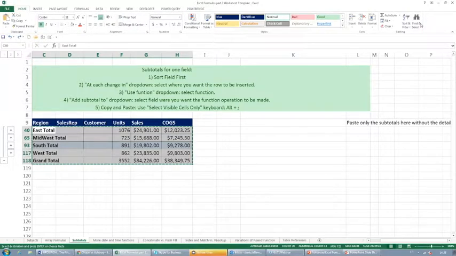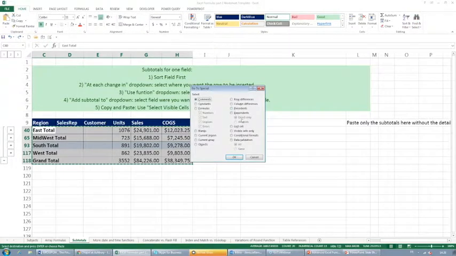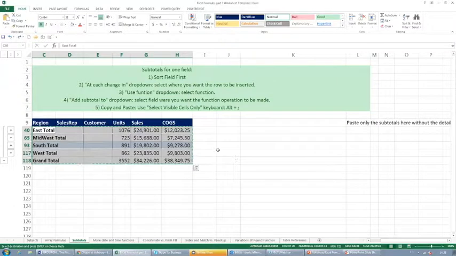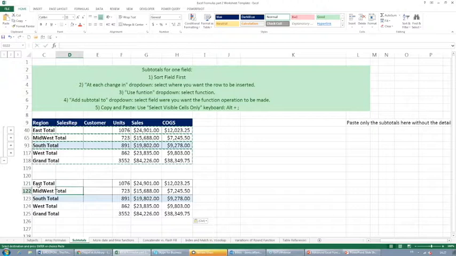on the home tab and do find and select and go to special. And then you would say, and you might have that at some point when you're doing filtering, select the visible cells only, right? And then what it does is it doesn't select all of the data. It selects only the visible cells that have been highlighted. And then when I copy and paste those, let's say here, then the only thing that I have here is